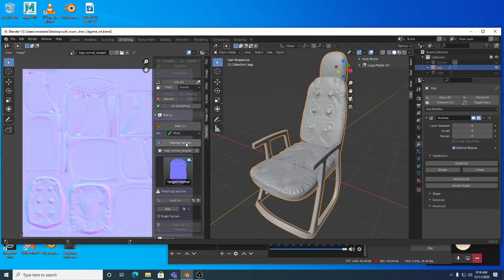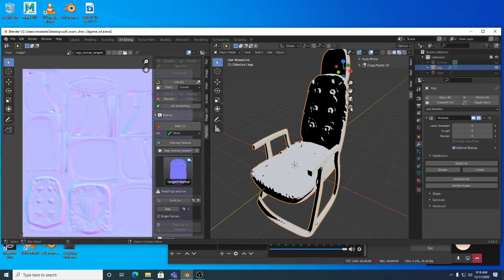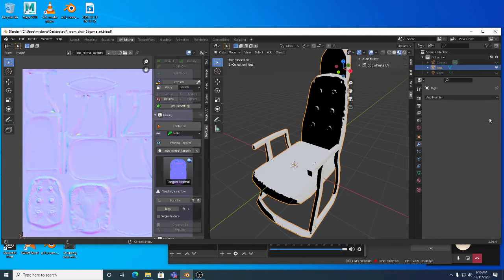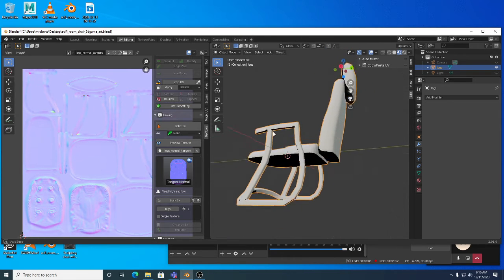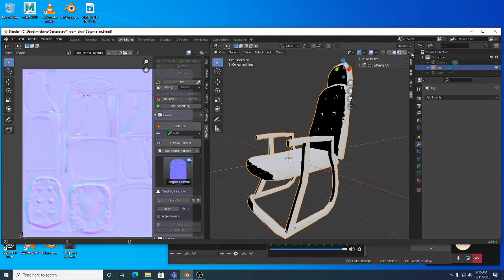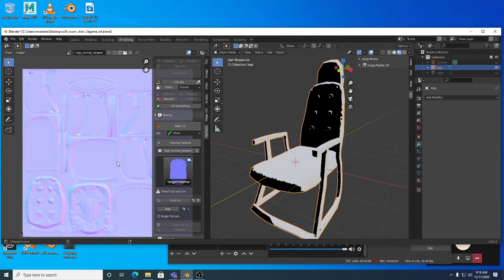So there it is, and we can actually even turn on preview texture, and that will apply it to the model here. Now in this case, you can see it's kind of looking a little weird there. I am going to get rid of the multi-resolution modifier. So remember, you can just kind of hit X to get rid of it. You'll see there's the normal map. I might need to go to shading. Let me see here just to double check scene lights. Okay. So in this case, it baked a nice normal map for us,